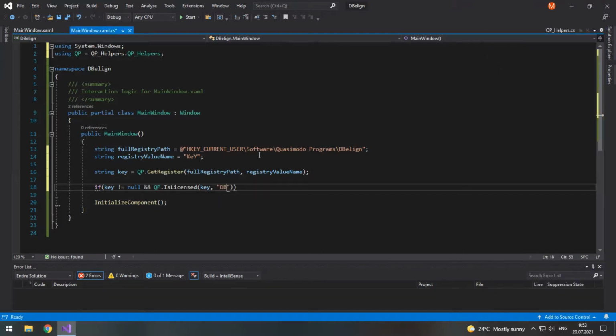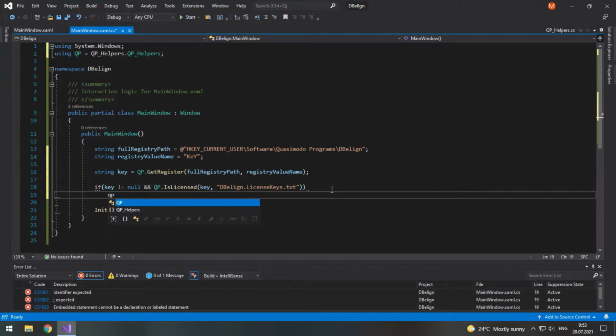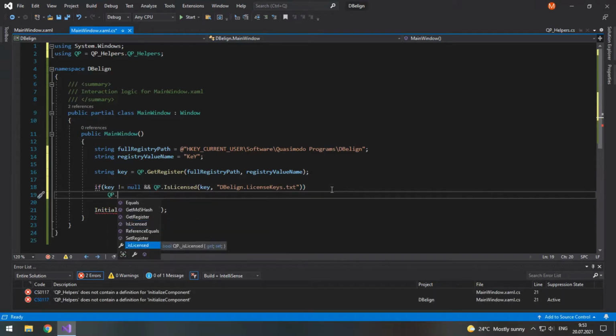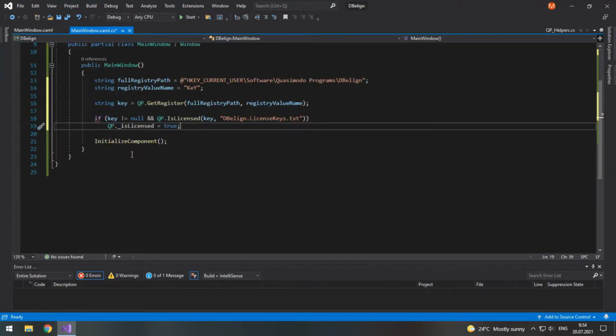So let's type dbaligner, that's the namespace, then the file name that we will create, so license keys.txt. So if the key is not null, that is it exists, and it is licensed, then we will set the property _isLicensed, which is bool, to true. And based on this property, we can disable or enable some functions that should or should not be enabled based on whether we have the valid license or not.